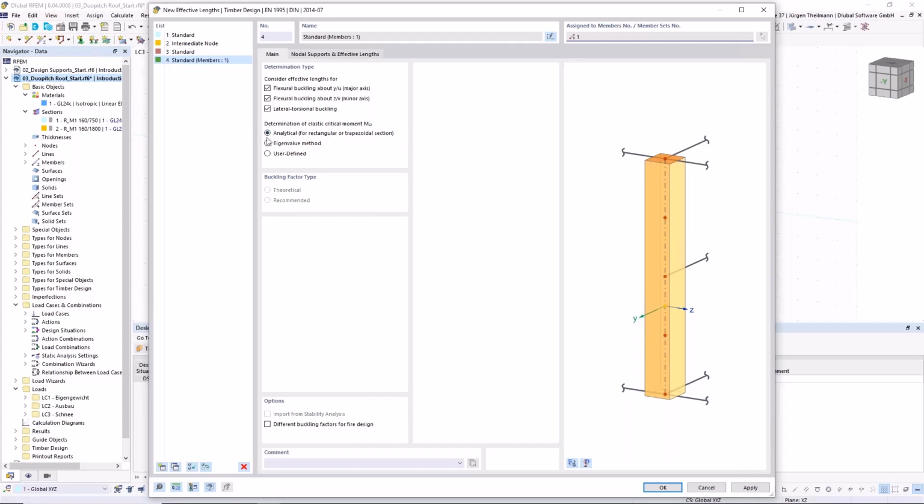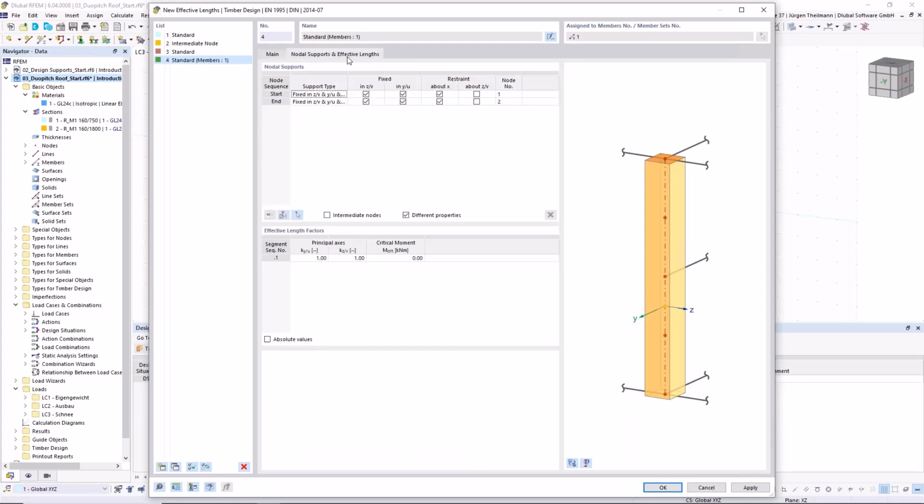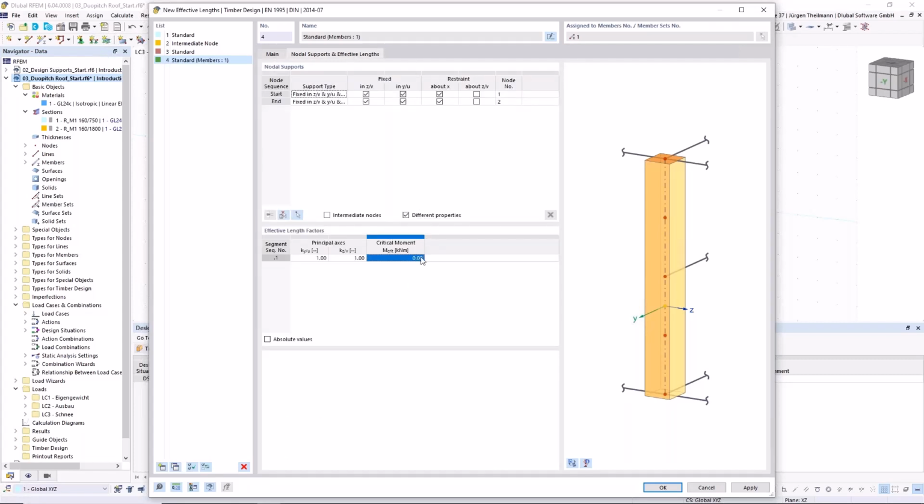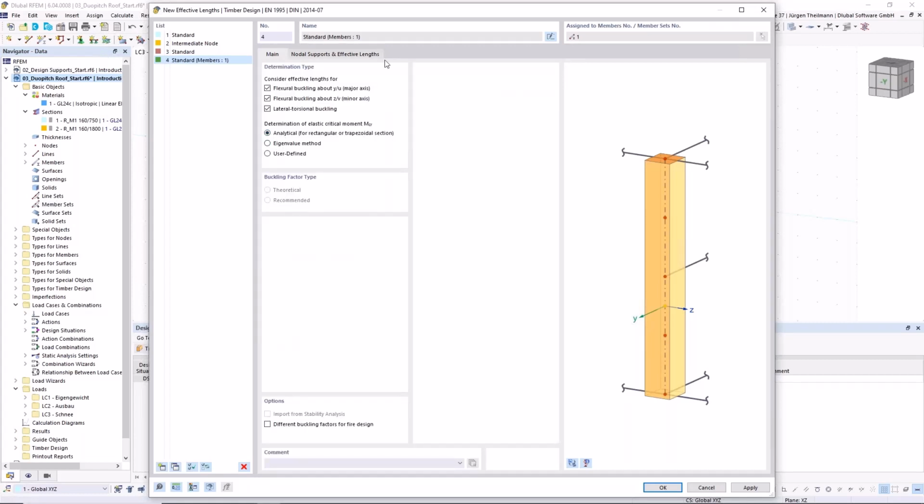Usually in timber design, we use the analytical method, but you can also use the eigenvalue method or user-defined. So what is user-defined? I go to my effective lengths, and this is where you need to enter your user-defined critical moment by hand. This is a very common mistake, to set this one to user-defined and then never enter this user-defined critical moment. Leave it at 0 and you will never fulfill your design check. So I go back to analytical,